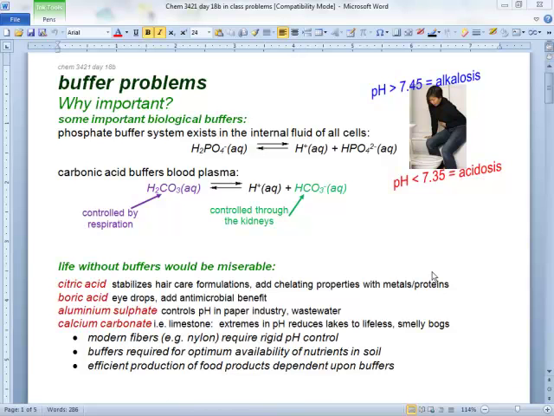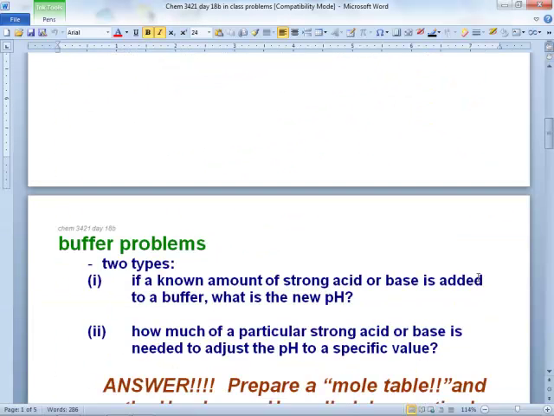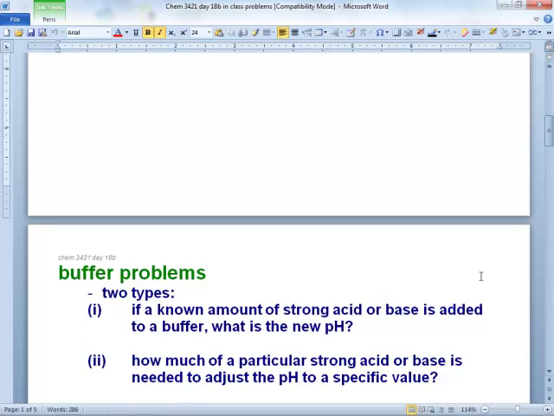Thank you, sir. Okay, we're still working with buffers, except what we're going to do is we're going to have a couple calculations. We're going to encounter two problems. We're going to have a buffer, and we're going to add some strong acid or some strong base and ask what the new pH is. If we add some